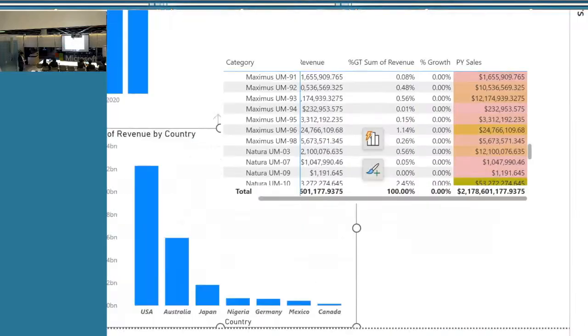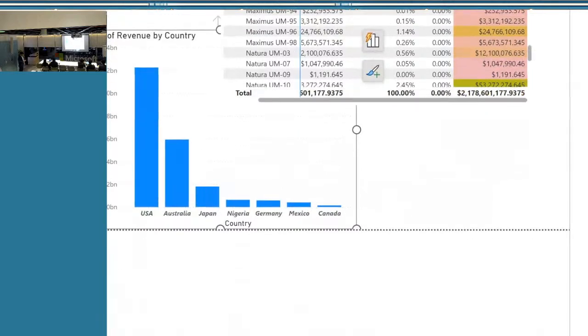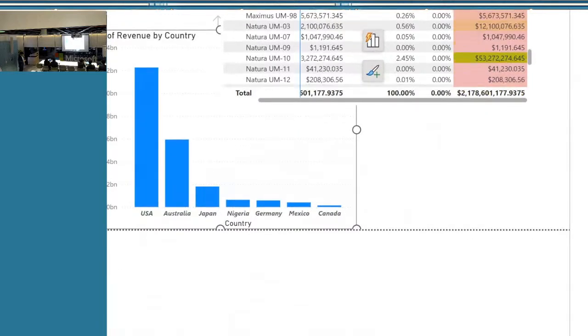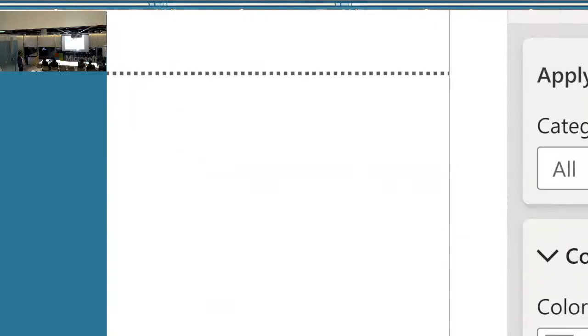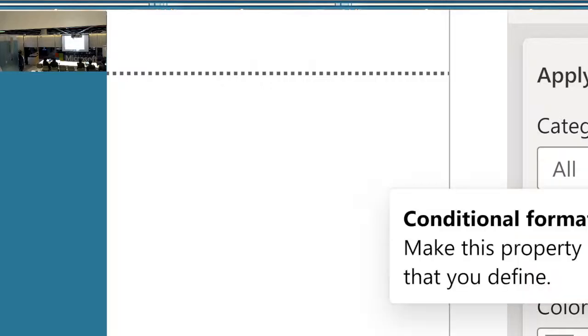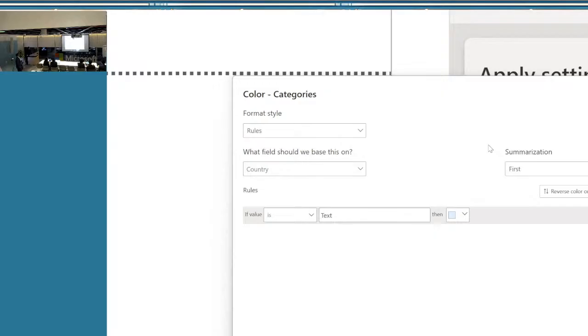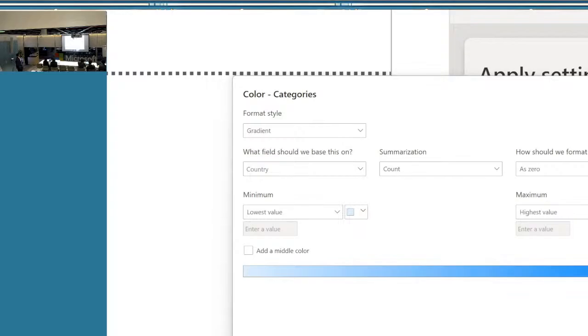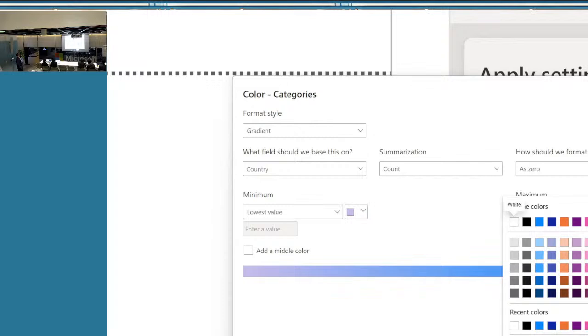In this case, I want to change the colors of the columns. So I open up columns and I see here, I can either go to each individual one and choose what color I want, or I can apply a setting to all of the columns. Remember, when you see FX, what do you think of? Conditional formatting, right? So I'm going to click on this FX button. Same thing, I get this pane opened up. I'm also going to do a gradient here. Let's say I'm going to make it light purple to dark purple.